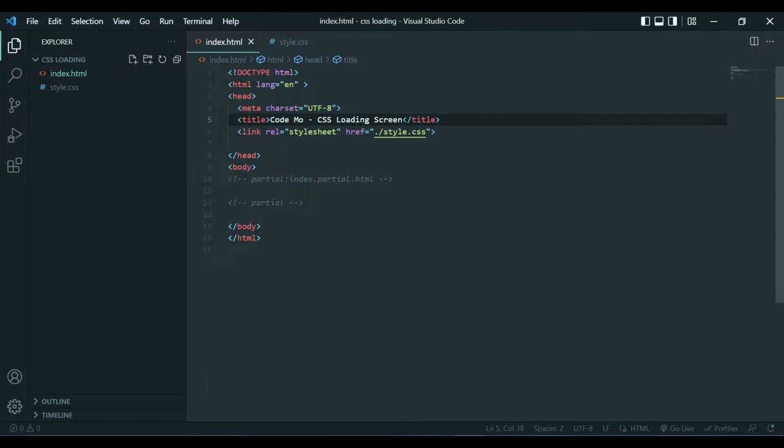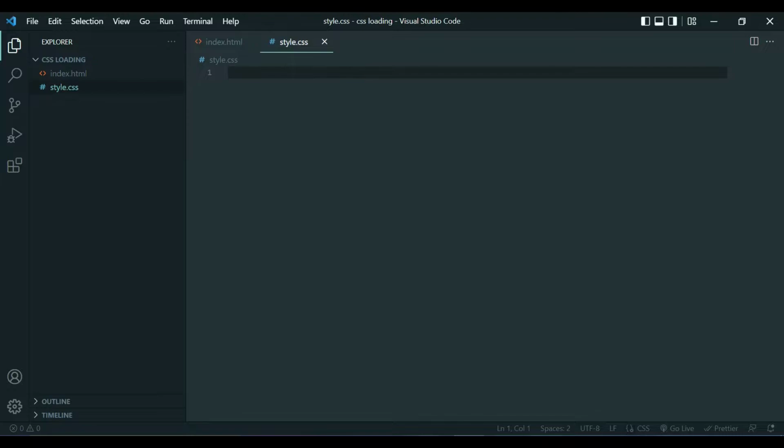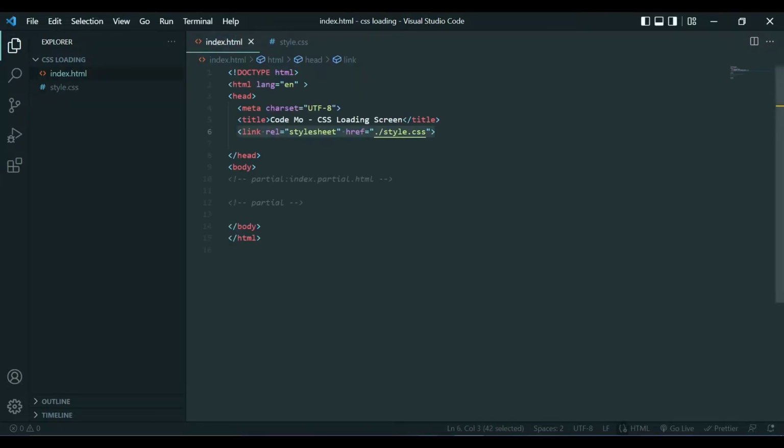Inside the index.html we have created our basic HTML structure. We have given the title CSS loading screen. Also, we have connected our CSS with HTML. If we go to our style.css, you can see we have nothing. And now you can see we have connected our CSS using this link tag. After this, we'll create one div with a class container. Inside this, we'll create